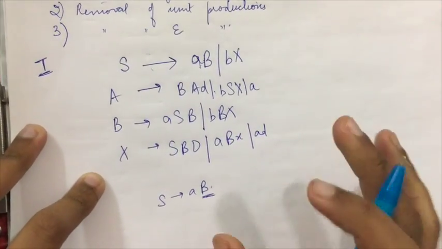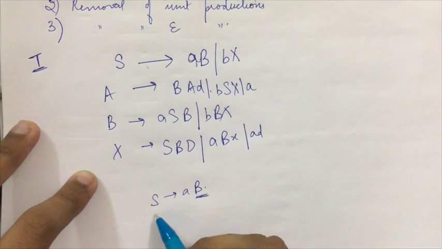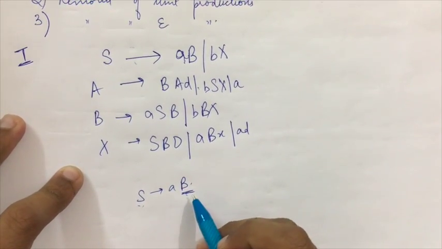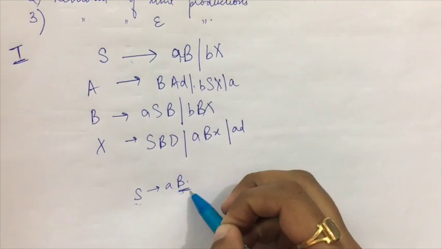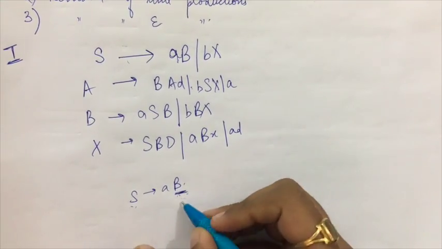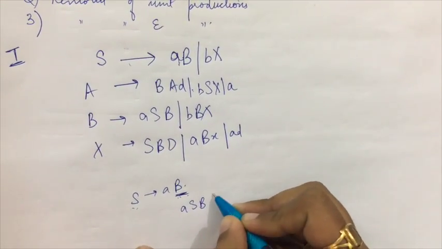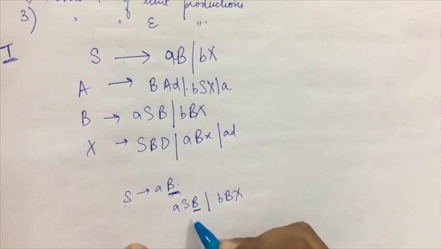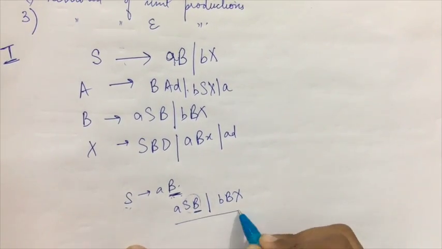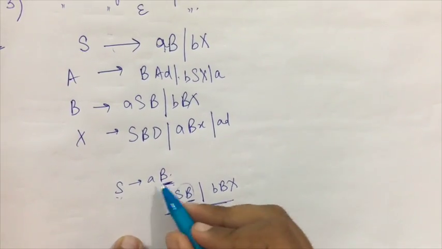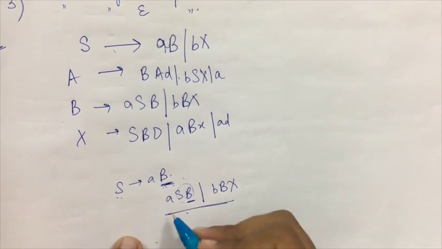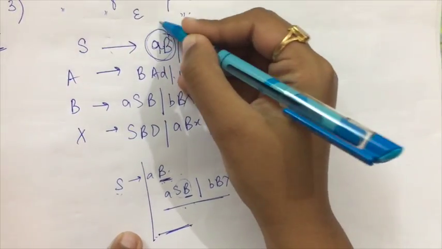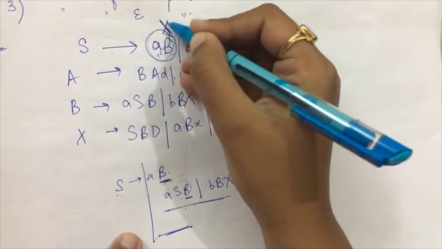Now if I take this rule, that is S gives me AB, I need to substitute B. My motive for the CFG is always that I have the non-terminals at this side and the terminals, that is the small alphabets or digits or numbers, at this side, right? So when I substitute B here, B will be ASB or BBX. Again if I substitute B, it will again lead to a set of non-terminals on the right hand side. That is, I will never be able to reach a set of terminals on the right hand side using this production rule. So this production rule becomes a useless symbol.